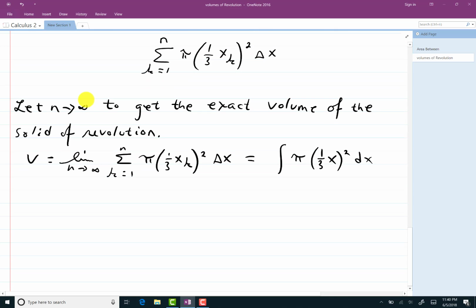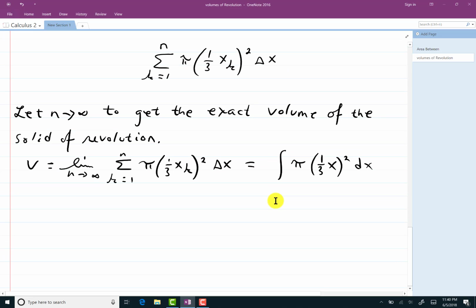Another way you can do it is if you know that x sub k is the same as just k, well, no, it's actually not true. It's 3 over n times k. But what you could do in those cases is let k equal 0, you would get 0 for the lower limit, and let k equal n to get 3 for the upper limit. But however you have to do it,